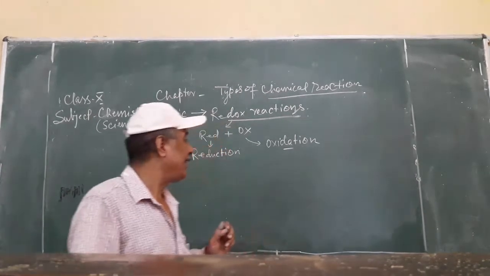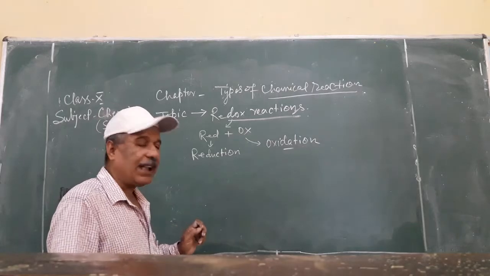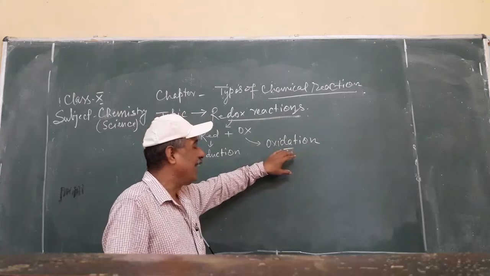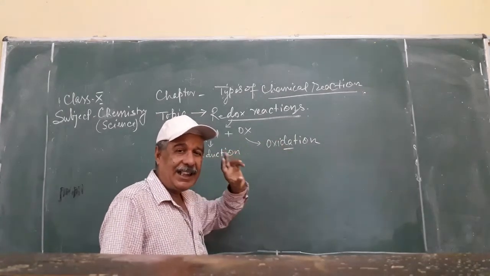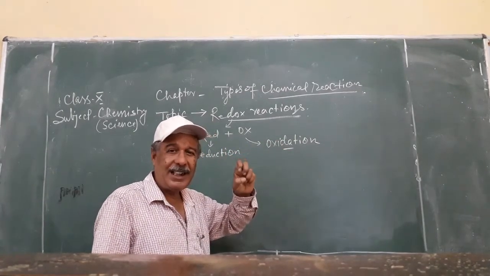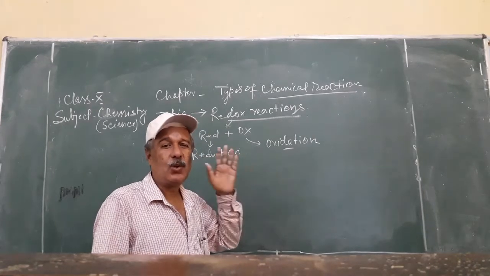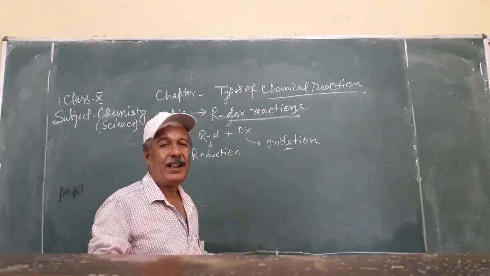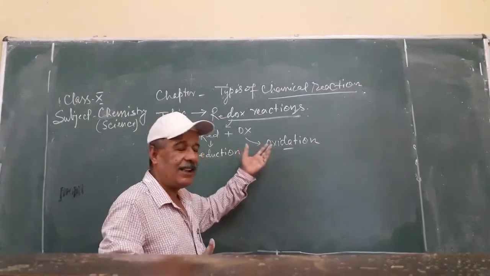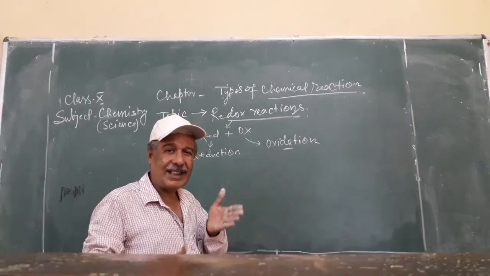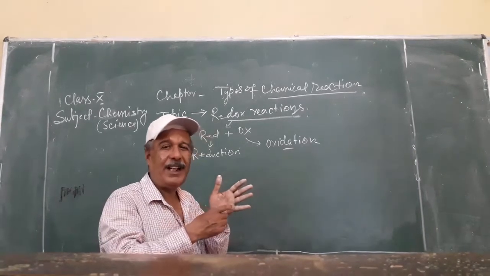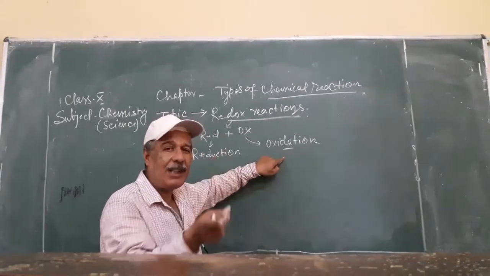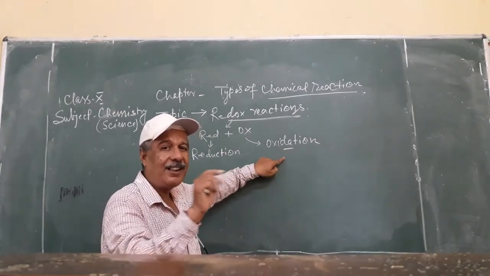Correct? So this very redox reaction we can see, first of all come to what is oxidation, what is reduction, and then automatically when we mix them, it will be redox reaction. So students, in class 11th we have a very clear cut electronic concept of redox reaction, but up to class 10th we will have a simplified way by which we introduce oxidation as well as reduction to the young learners.